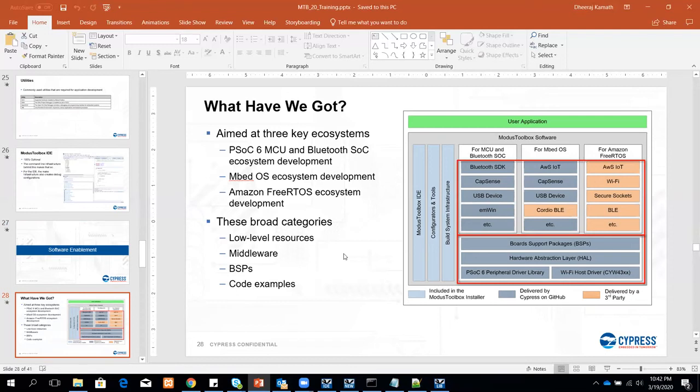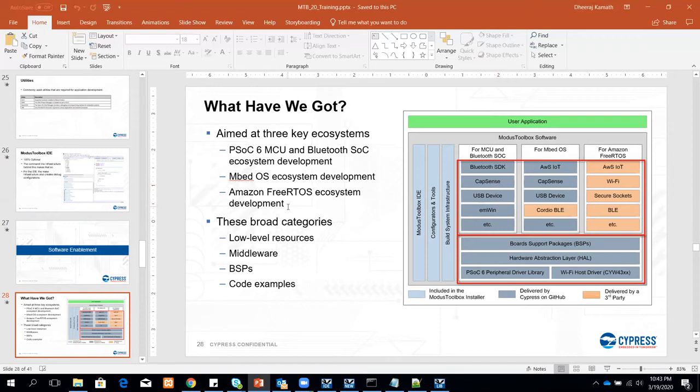Now talking about the software enablement. I spoke about the different configurators and tools, but what about other libraries and ecosystems? Let's talk about each one of them in detail.